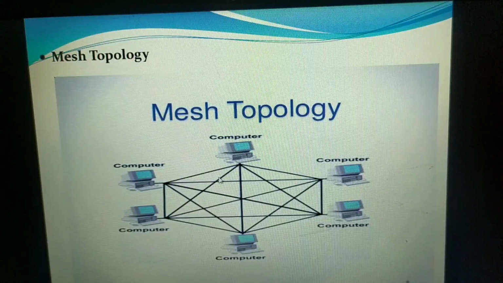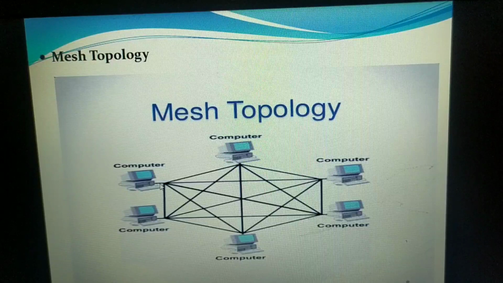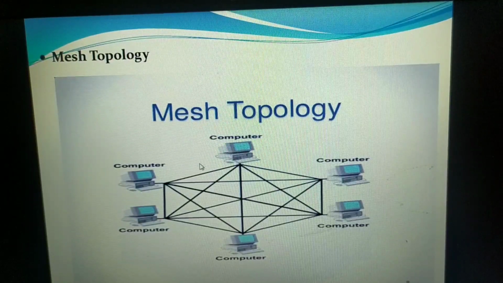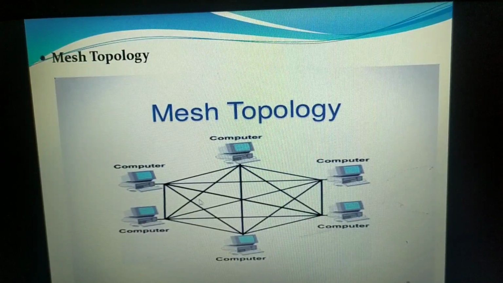That means the data packet may arrive at this node, and then from this node it may go to the destination. That means it is taking an alternative path. When each and every node is connected to every other node, either by a direct link or an alternative path, I can say that my network is fully connected, and I use the term full connectivity.